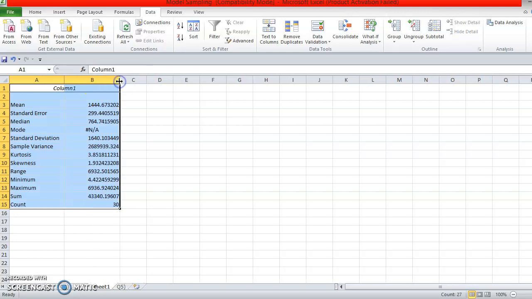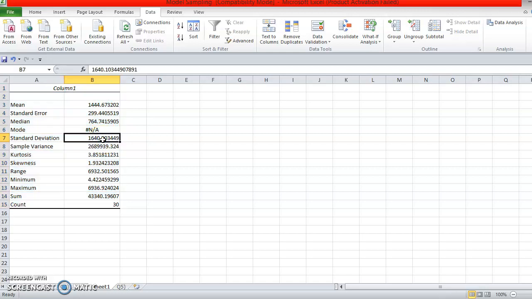You can see that the mean of the sample is 1444, almost 1445 days. The standard deviation is 299 days. Then the median is 764 days. The standard error is the standard deviation of a sample.